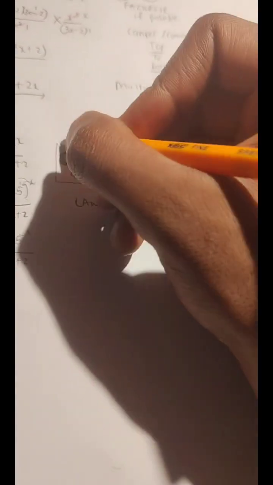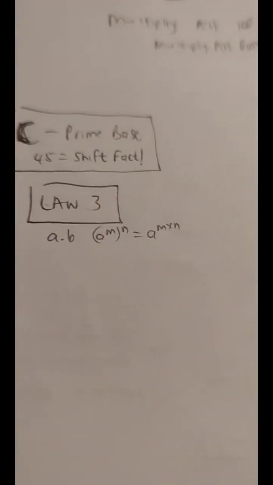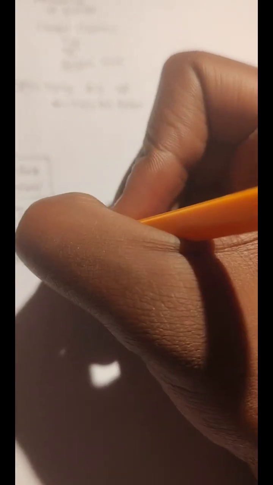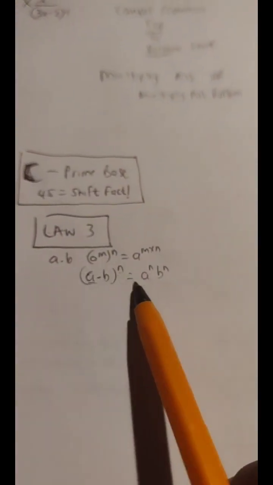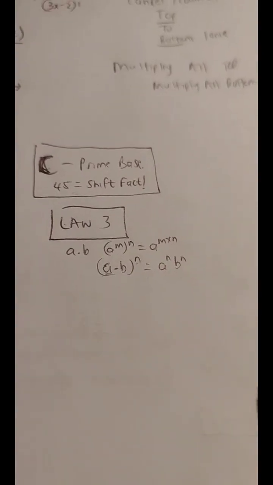Okay, so law number 3. After changing composite to prime base, we apply law number 3. Law number 3, guys, has to do with this: a to the power m raised to the power n is equal to a to the power m times n. Okay, it's that law, coupled with the law that if you have a multiplication of different bases, you distribute the exponent by multiplication to each respective base's exponent. Okay, that's law 3 and law 4. You apply that. Then after that, you apply law number 1 and 2.